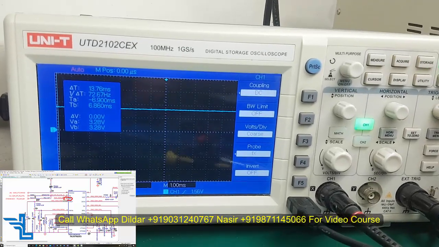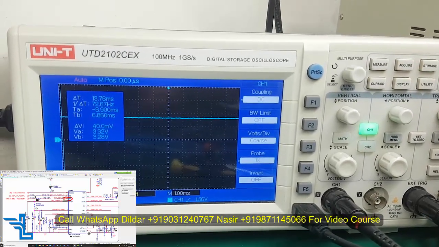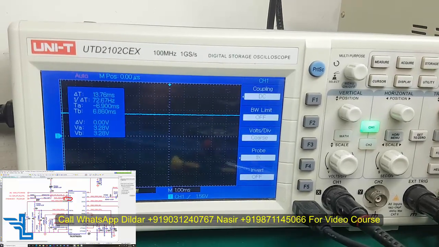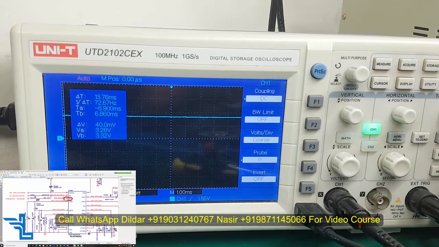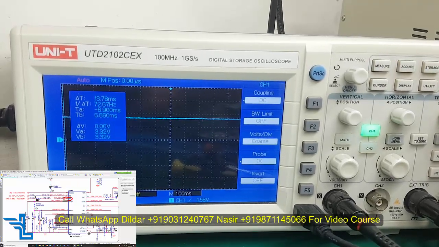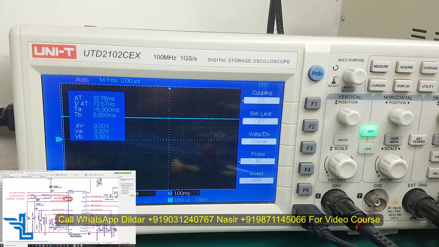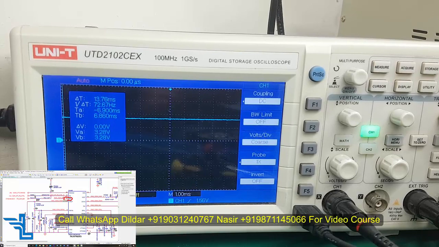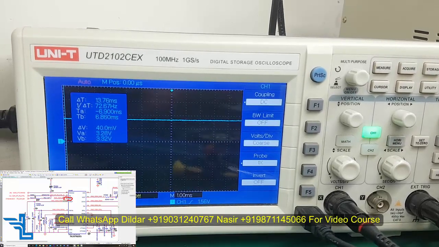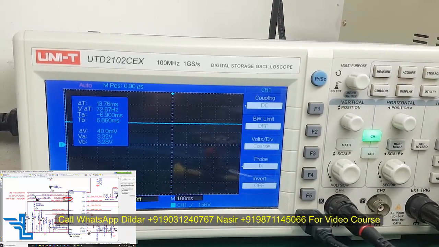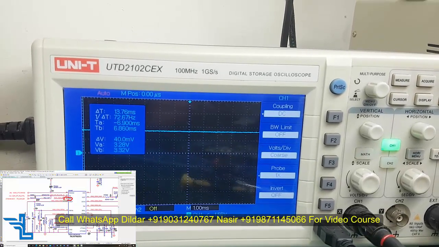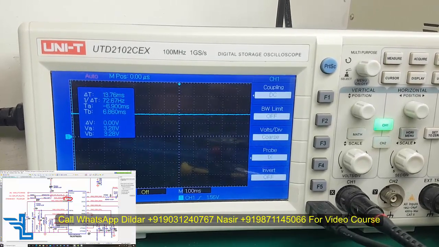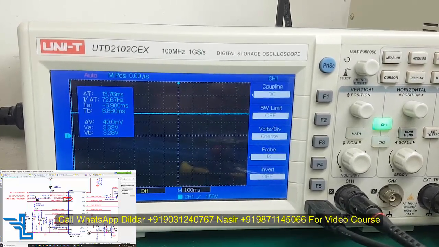Since it is a control signal, you have to make sure that there is no variation or less voltage than 3.3 volt. Because it is the controlling signal, if the voltage is a little bit more or a little bit less, it could affect your RAM IC or memory IC. This is the reason you need to check it with the DSO. Now we are getting it proper, so let's move forward.